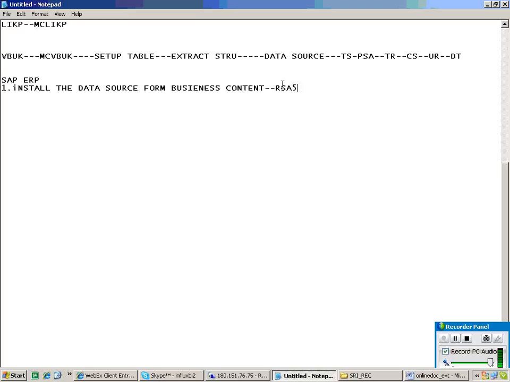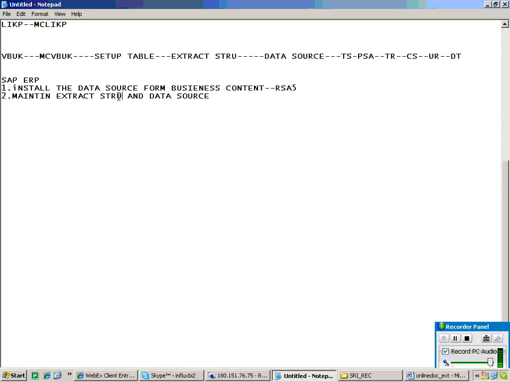So then, what's going to happen? The standard extract structure is activated now. When I activate the data source, the standard extract structure is activated. But as per my requirement, I want to maintain it. This is always the standard one, but customer requirements could be different. That's where we are supposed to maintain the extract structure and data source.